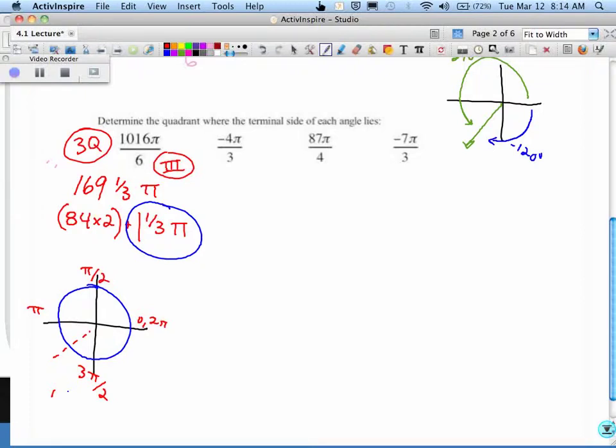Let's check negative 4 pi over 3. If you switch into the mixed number here, negative 4 pi over 3 would be negative 1 and 1/3 pi. Right? Negative 1 and 1/3, so I haven't even gone around once. So I don't need to divide out the 2 to see how many times you spin around. But we do have to make sure we go in the negative direction. So if I start at 0 and I come this way,